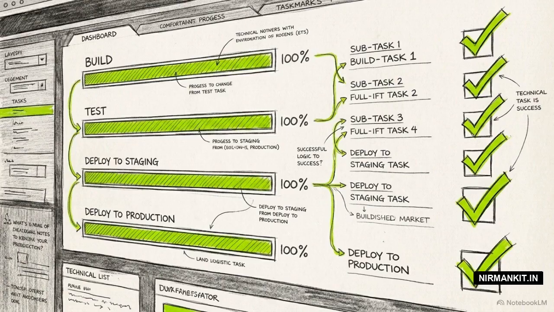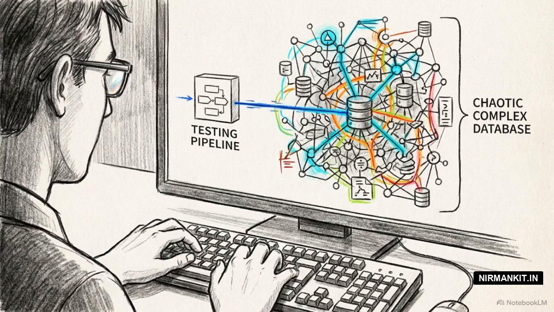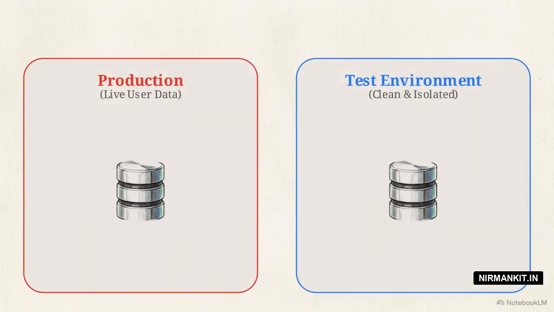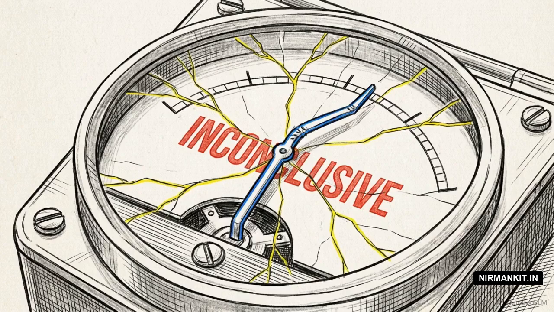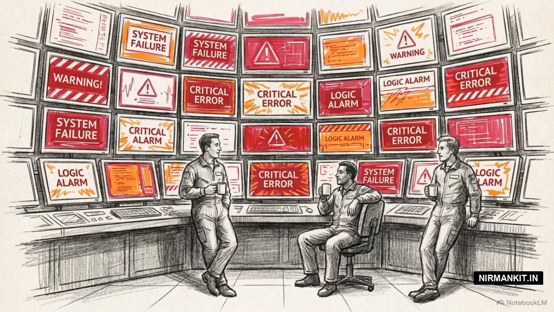To prevent these silent failures, engineering teams run automated test suites during every deployment to check the logic before it hits production. The initial instinct is often to test the sitemap query by running it against the actual live drafts sitting in the database. This diagram compares the environments. Production data is highly volatile, with users constantly creating and deleting drafts. When automated tests point at these live variables, results become erratic, passing one minute and failing the next. These are known as flaky tests. When developers see tests failing randomly for reasons unrelated to the code, they start ignoring the warnings, rendering the suite